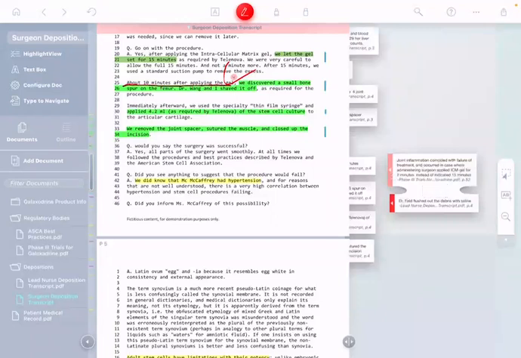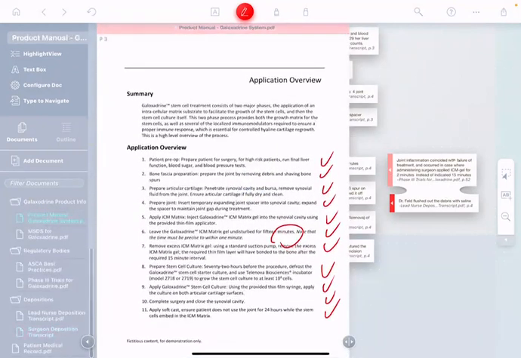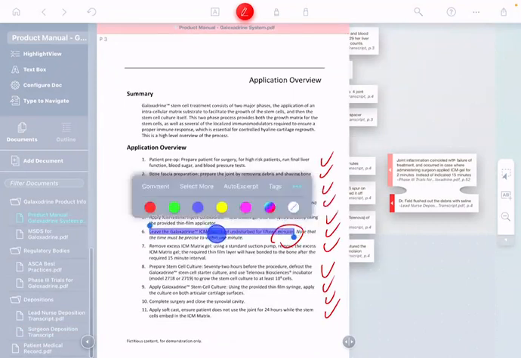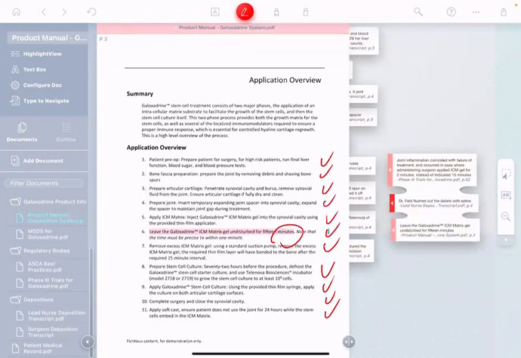So to start with, I'd like to go back to the Galaxtrin product info and go back to that product manual, see if there's anything that suggests this could be an issue. Well, it does say, leave the Galaxtrin ICM matrix gel undisturbed for 15 minutes, 15 solid minutes. So let's pull this out. It does help us here. But the question is, does spraying a little bit of saline count as disturbing it? I mean, is ICM matrix gel even water soluble? Well, I'd like to find out, but how would I find out?